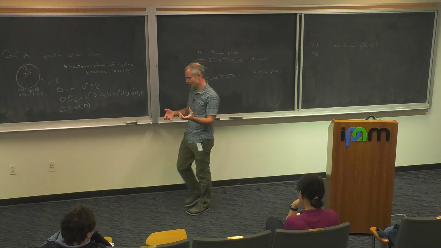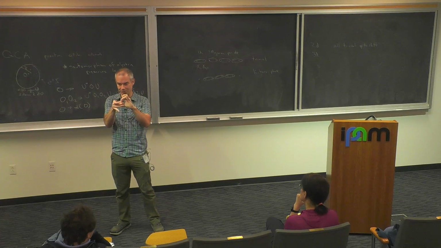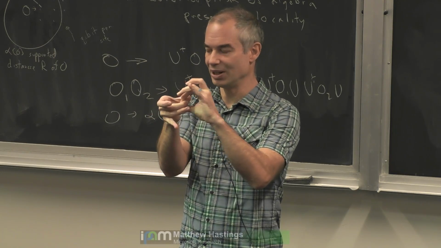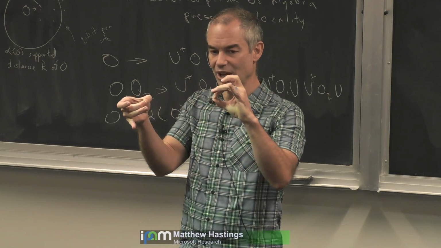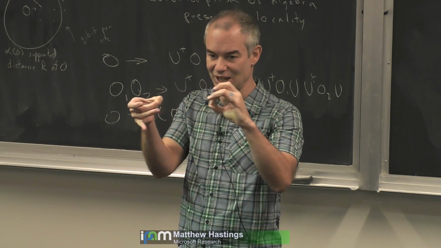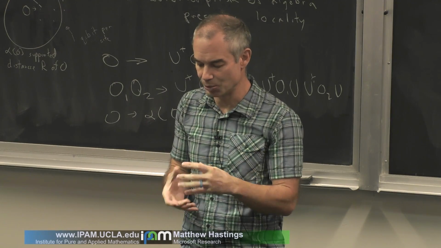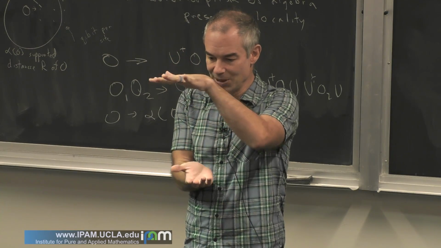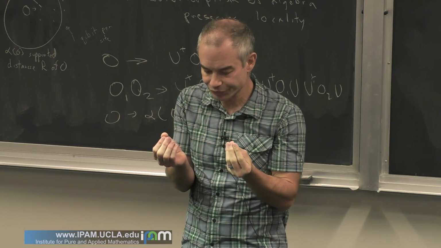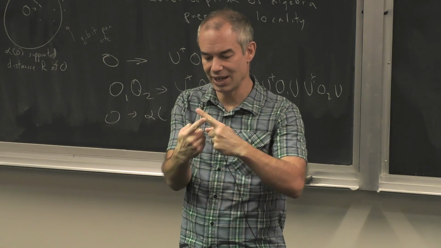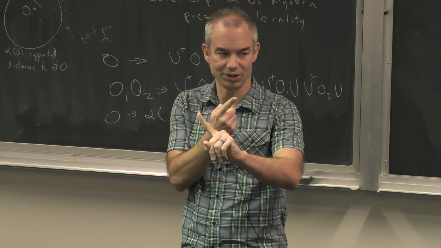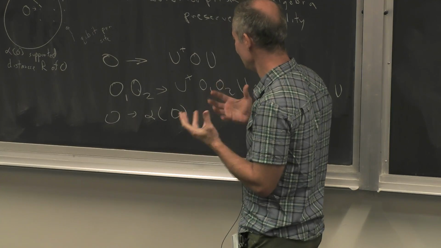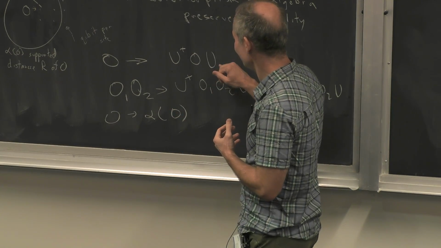So what I mean is, imagine you have two loops in 3 dimensions, and you ask, are they linked or not? If you just look near this loop, there's no way to tell whether or not it's linked by this one. But as you move it through, you could say, okay, if I slowly change the loop, the linking changed when one of them passed through the other. And if you look at more complicated things than just whether a loop is linked, you look at some amplitude for some anyon world lines, there may be no way to compute it easily, but there are some rules that tell you, when I change the braiding from an overcrossing to an undercrossing, how does the amplitude change? And a QCA is something similar in some kind of moral sense,